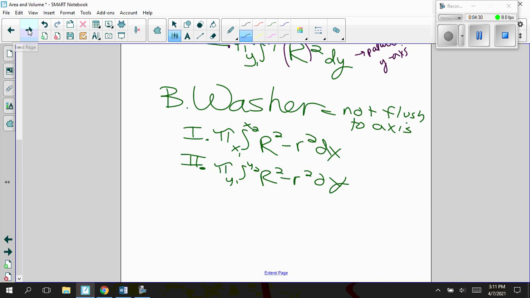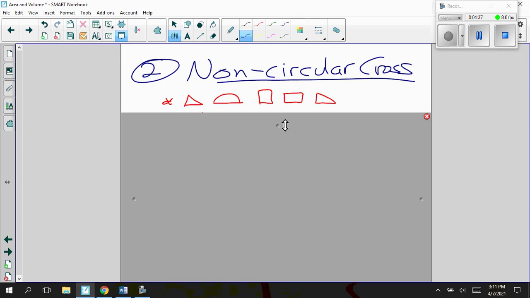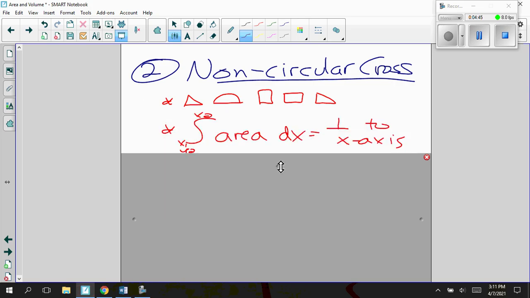Okay, the second option for cross-sections was the non-circular cross-section. That's when you had a triangle popping up, a semicircle, a rectangle, a square, something that was described. Now in this case, we're still integrating the area of a cross-section. That did not change. What's a little bit different is what your variable is, and it all depended upon what you were